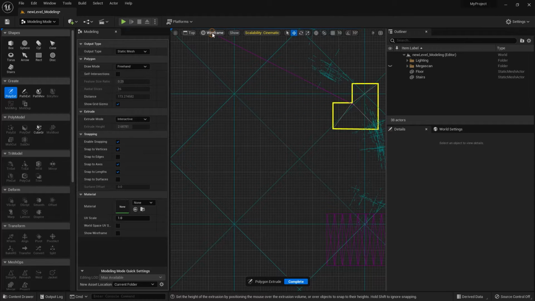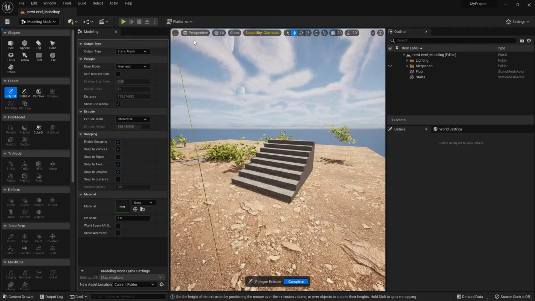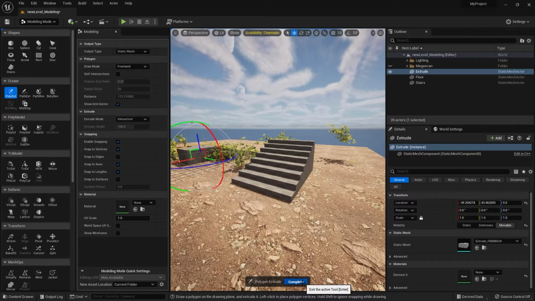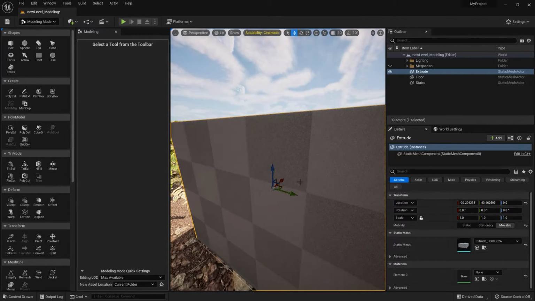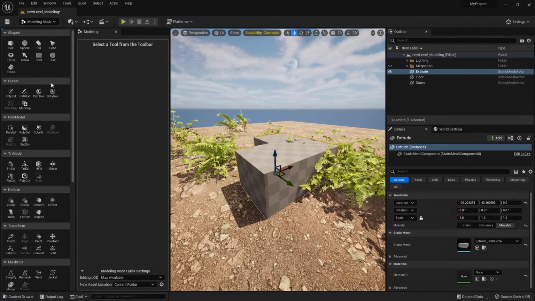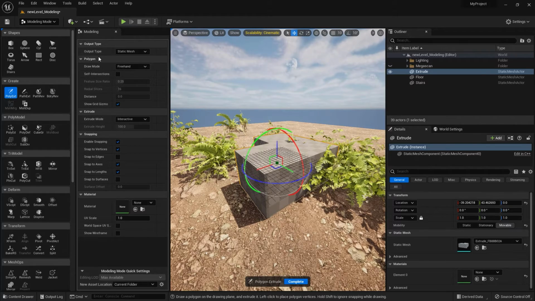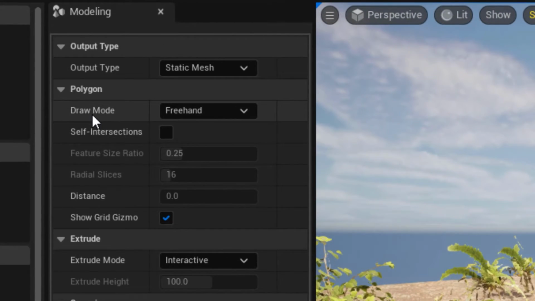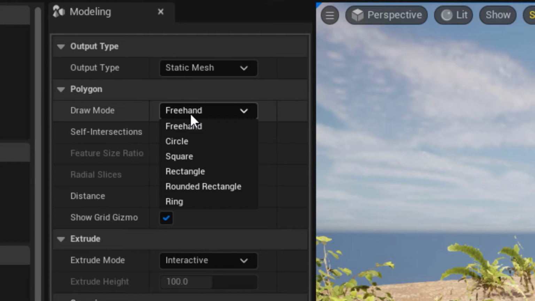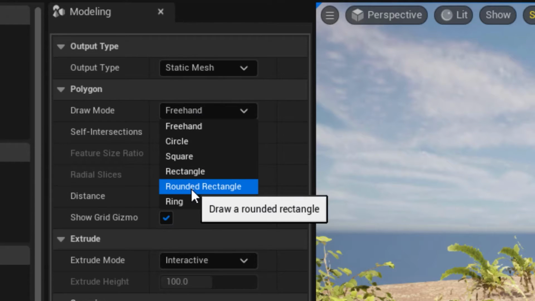Without doing anything, you can actually go in here and switch from top to perspective and look at that. I can define how tall my extrusion is going to be for the base I'm creating. Now you may have noticed if I click, it's all done. I can go complete. I can press F to frame it, but you may have noticed that I'm actually going through the order here. So output is a static mesh, and then with polygons I'm doing a freehand sort of work. I can start with a circle, square, rectangle, and then I can